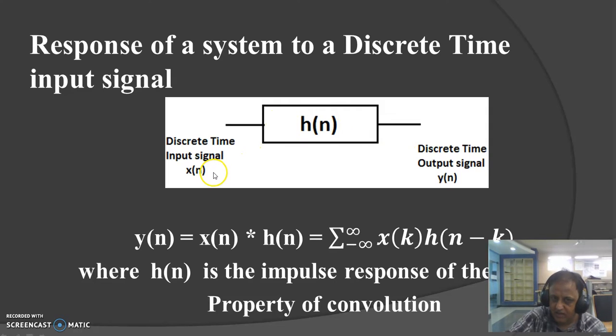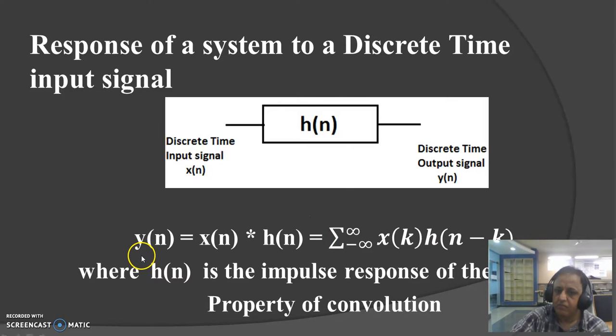Now to this input signal, having an impulse response h of n, what happens to the output y of n of the system? Now y of n is given by x of n convolved with h of n. This is called the property of convolution between the input time signal and the impulse response of the system. Basically this convolution operator is multiplying, shifting, adding, correct? So you have x of k multiplied with the shifted versions of the impulse response, or vice versa,